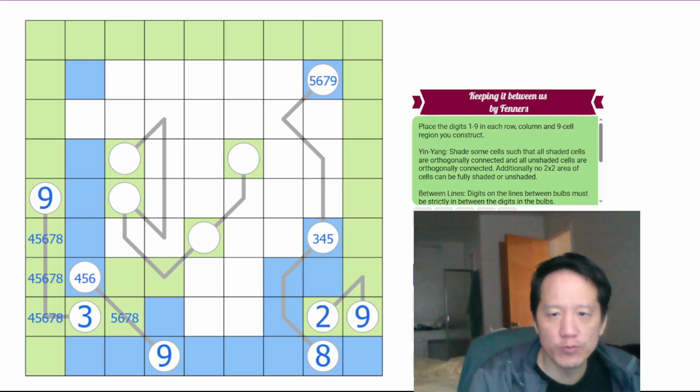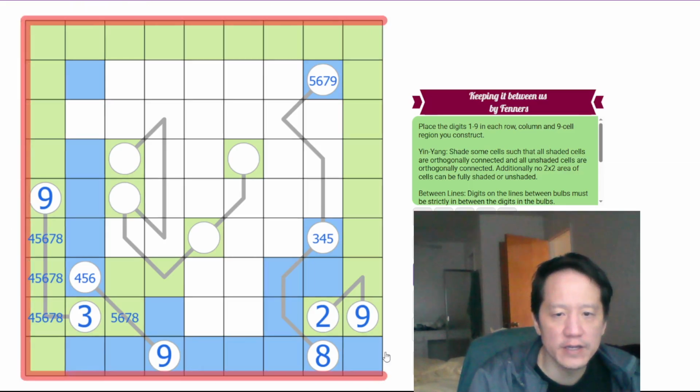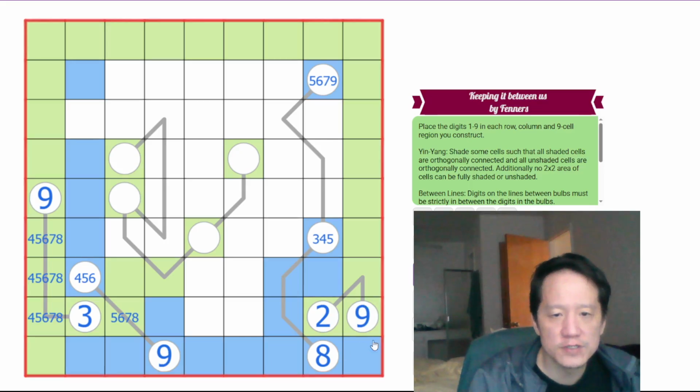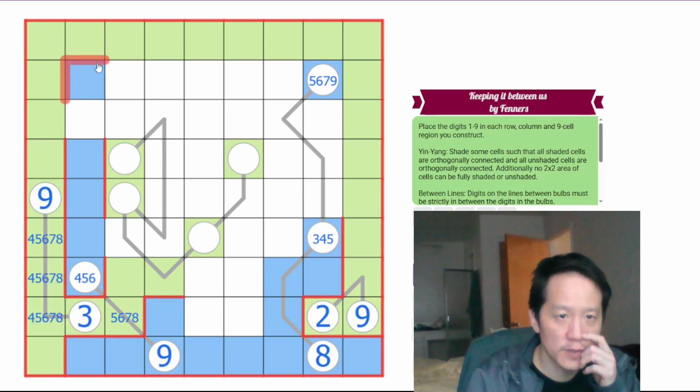Okay, so for boundaries, we know, oops, we're going to cover the edges as boundaries, and every yin-yang shading difference is a boundary for regions. So we know this is a boundary, this is a boundary, this is a boundary, this is a boundary. We have here, here,